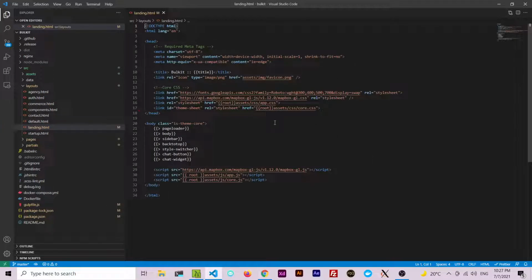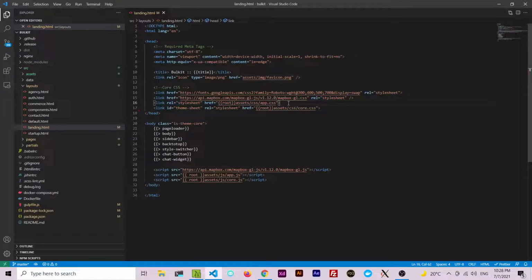So what you can see here is the traditional top block that you can find in any HTML file. So we have a doc type, we have some meta tags, a title tag, and some links to get the Google fonts, some Mapbox API that we're using in some pages,